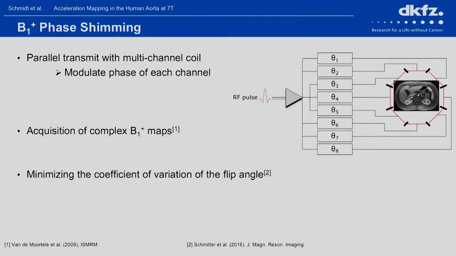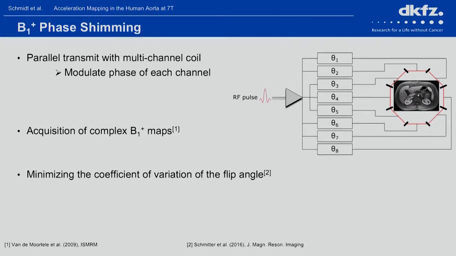So that's why we moved to 7 Tesla, and as already mentioned in the talk before, here we have the problem of these B1 inhomogeneities, and we can overcome them by using PTx. In our case, we have an 8-channel coil where we can modulate the phase and amplitude of each channel. We have the same RF pulse played out on every one of these coil elements, but in our case, we